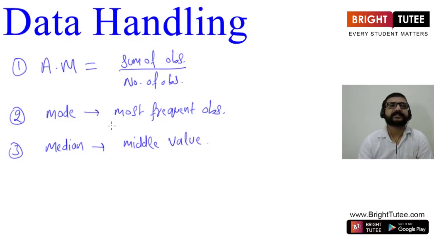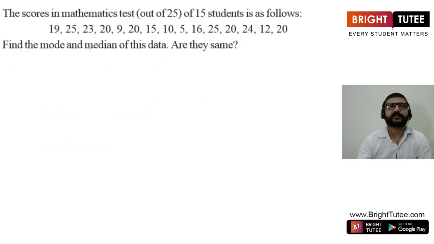So these are the three central tendencies we have studied till now, and we have done a few examples based on these three central tendencies. Now in this video we are going to solve many more questions based on all these things. Now the first question of today's session is: the scores in a mathematics test out of 25 of 15 students